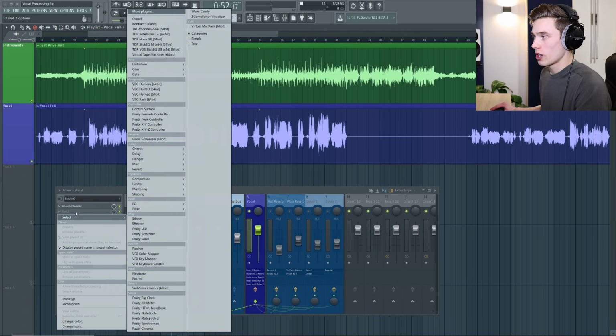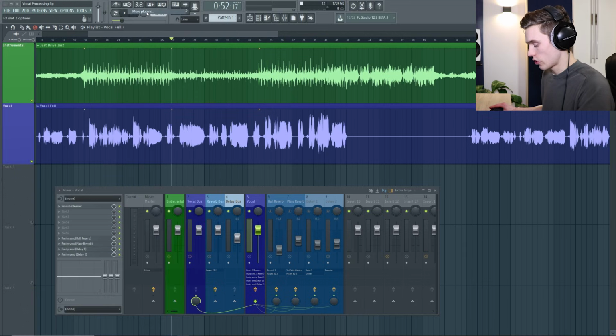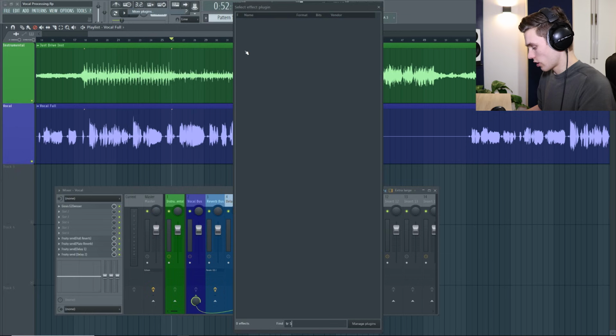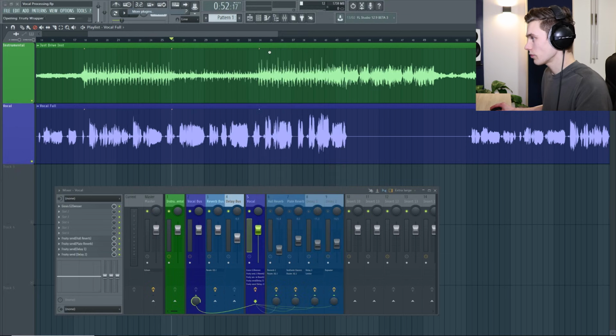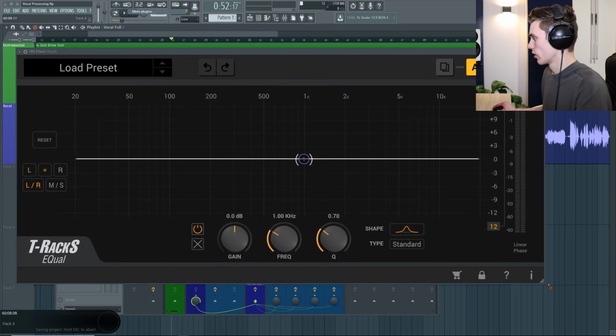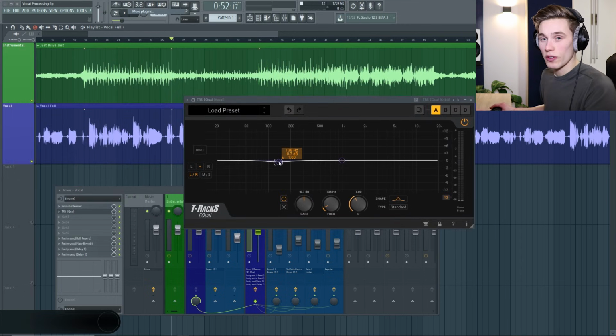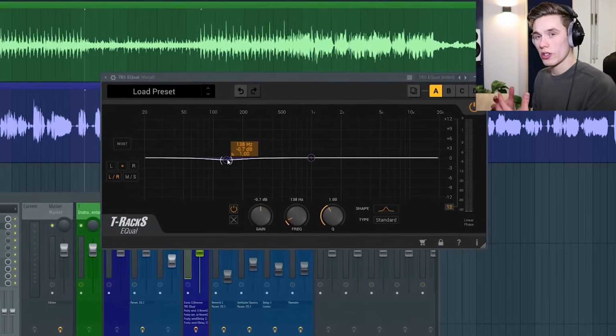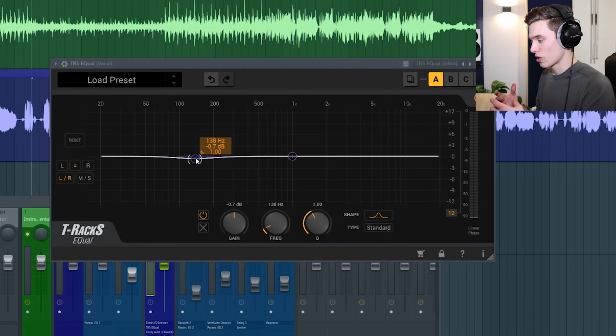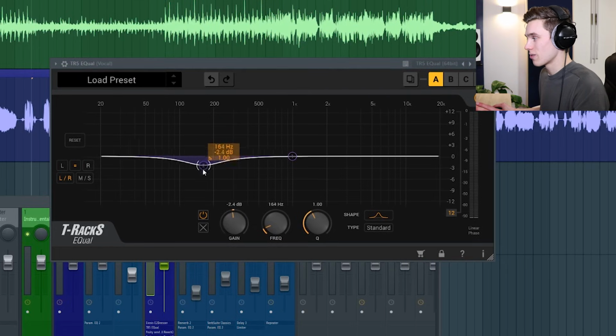The next step in the chain would usually be subtractive EQ. Now we like using Fruity Parametric EQ, but we also like TR5 Equal from the T-Rex bundle. Wow, that opened up big. So this is a great EQ just for subtractive stuff, and this is if there's any resonances in the booth where Brad's singing, or any resonances in his voice, or something that's just not sitting right, we tend to use